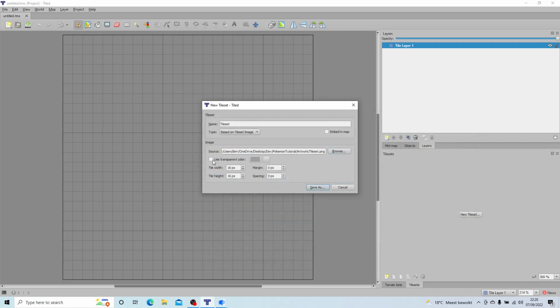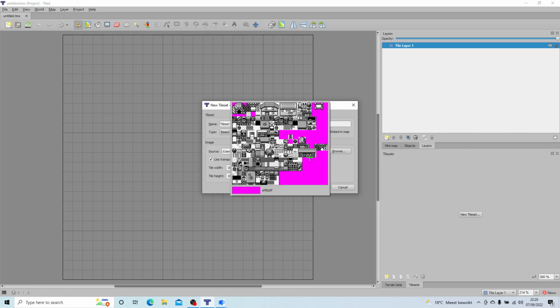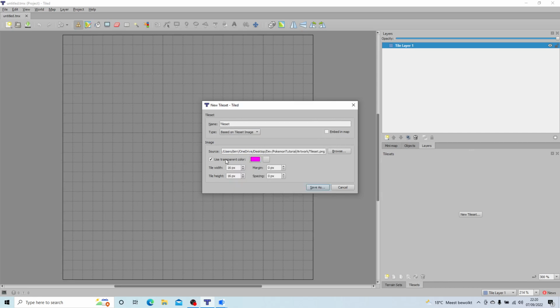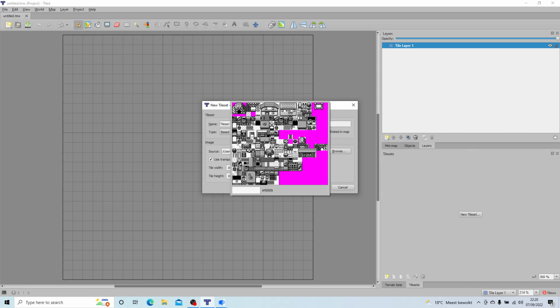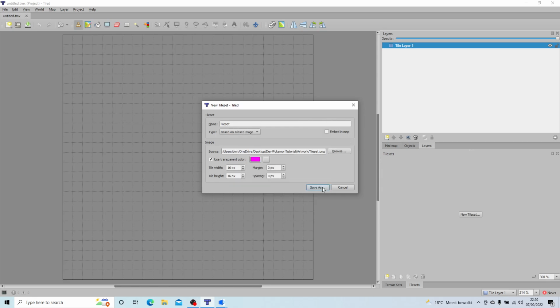and I'm using a transparency color. So if I use set transparent color, you can see here this magenta color. It's 255, 0, 255. That's your standard color that you use for transparency in 2D work. So I'm going to switch that on because I do use transparency. Like for instance, this cave here, you can see that this will get drawn over the top of anything that's underneath it. So I'm going to save that,